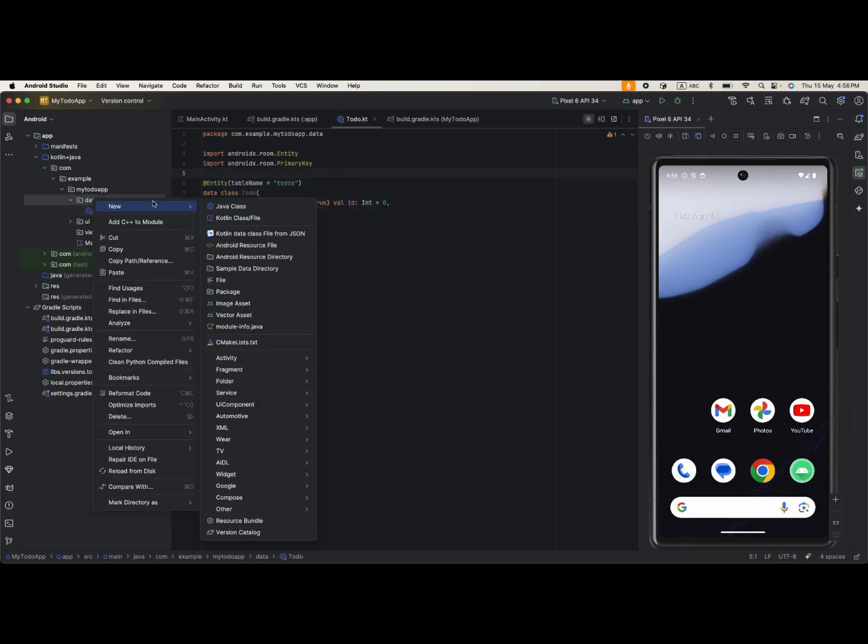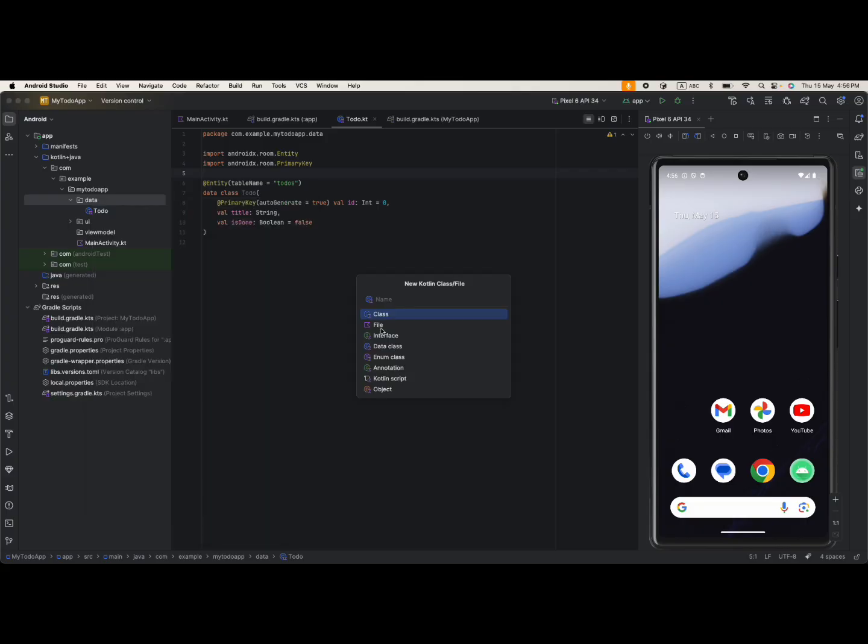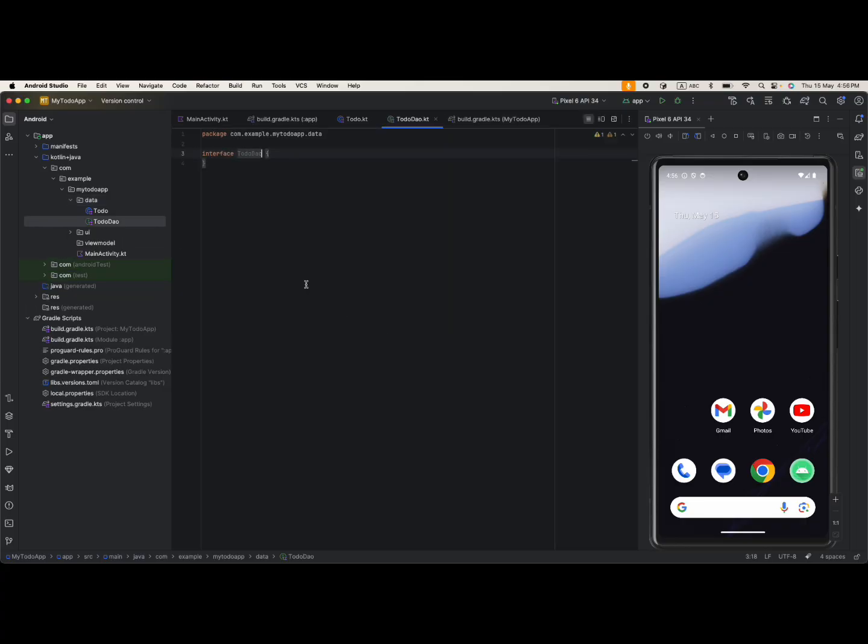data access object. So what we need to create is one interface, and this interface should be ToDoDao. So we name it ToDoDao, and it is an interface where we define how we interact with the database. In this interface, we will define all the functionality for how we can interact with the database to get the data, post the data, delete the data, whatever we want to do, we can do in this interface. So I annotate it with Dao,